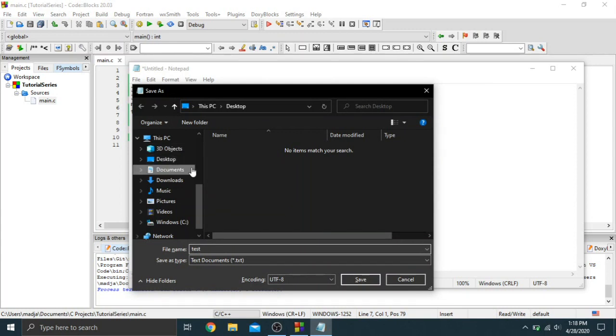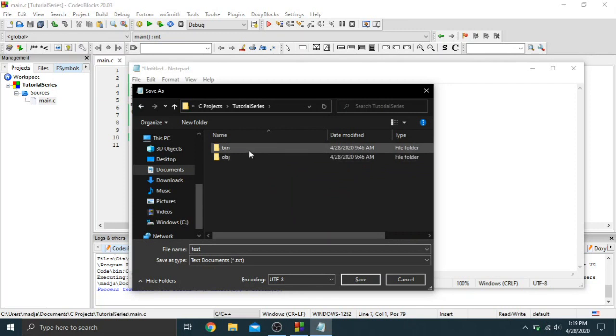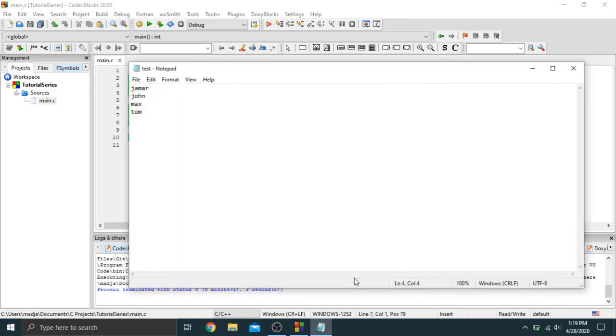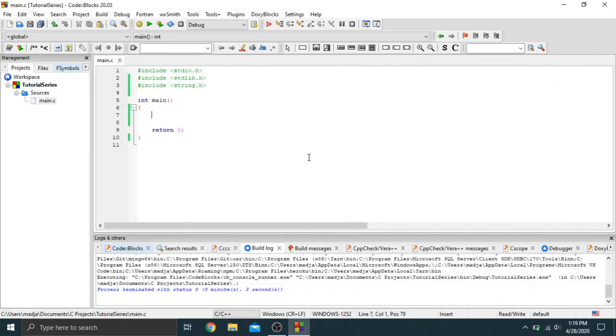I want to go to my documents, see tutorial, and then actually I just want to put it straight up in here. Oh wait, it won't let me do that. There we go. So I want to put that in there. And so now what I want to do is something else I didn't show you,